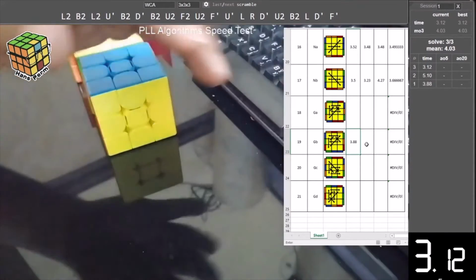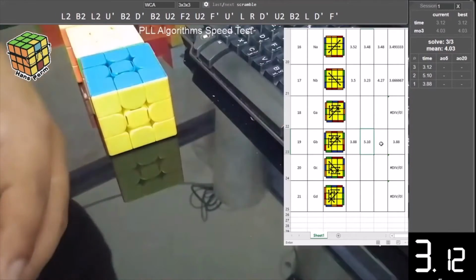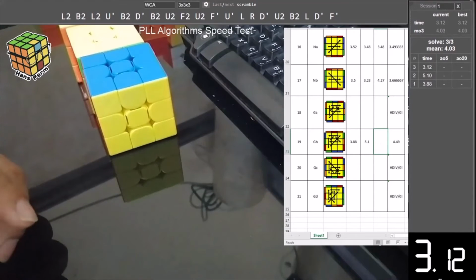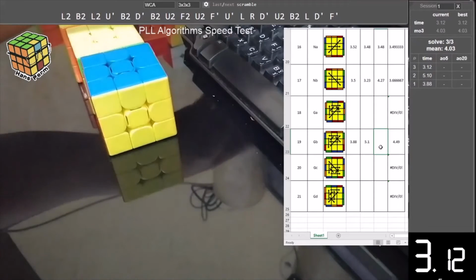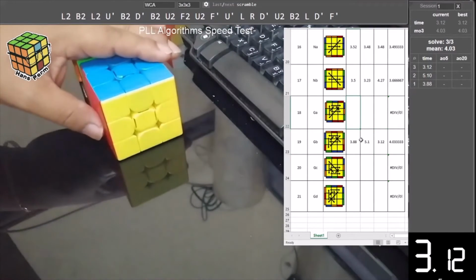3.88. This is quite common for G perms, right? Especially it will take more time for recognition. It's the hardest part of my algorithms in PLL. And the last one is 3.12, right? So I think let me jump now to